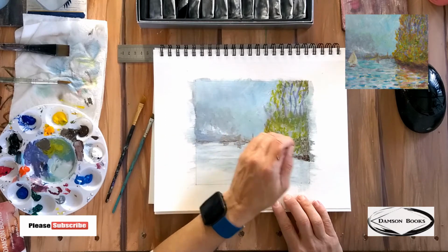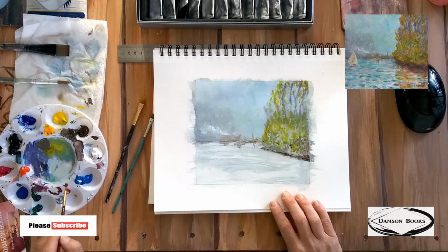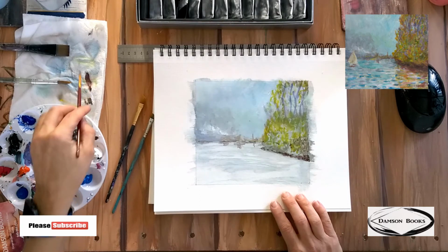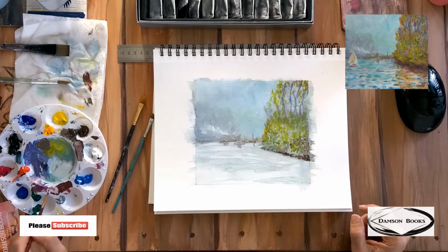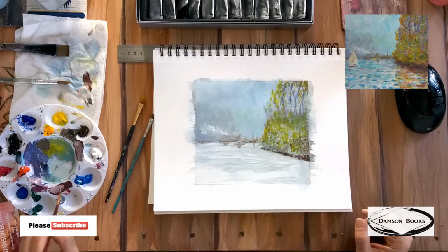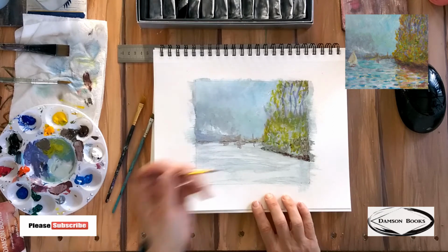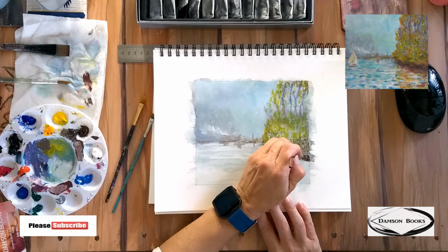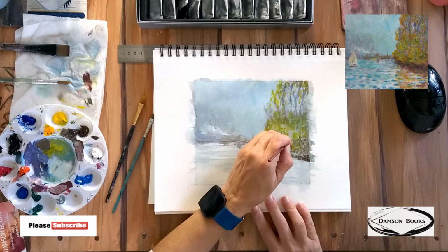I'm gonna apply a little bit of darkness. I'm gonna have to take the burned umber with a tiny bit of red. Let's add a little bit of orange. So when I start mixing colors, I know what I want to see. And do I want it a little reddish? Do I want it a little more brownish? I'm adding a little bit of white in here, and a little bit of white goes a long way. And now I have kind of a muted reddish brownish color, and I'm gonna go in